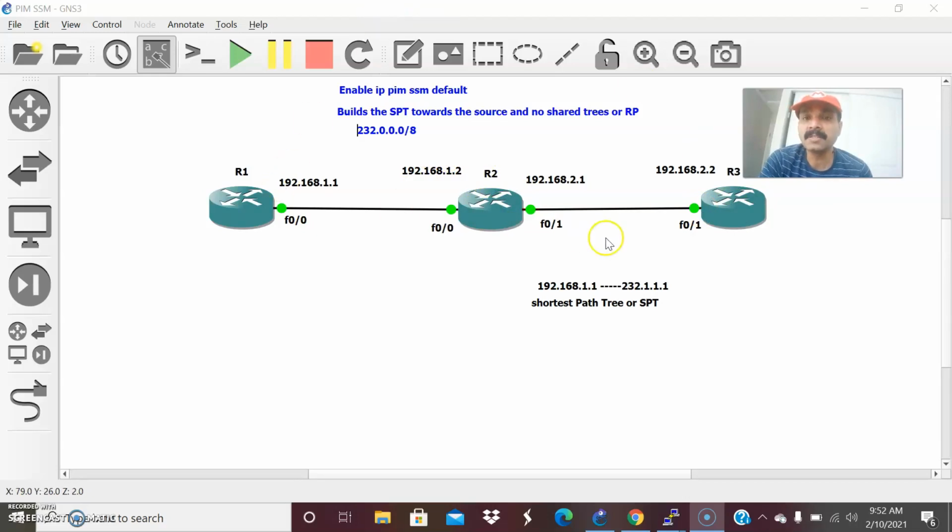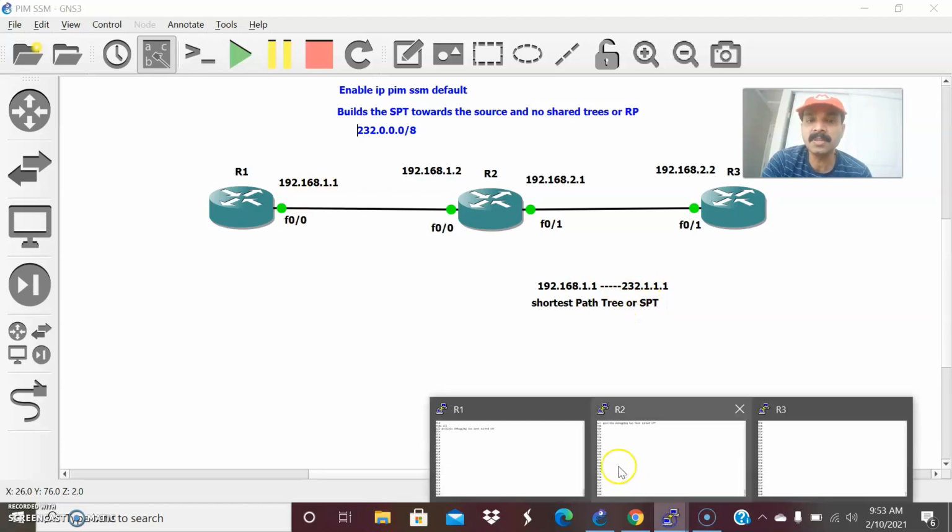I already configured all the corresponding interfaces on R1, R2 and R3. Now let us enable PIM sparse mode. In sparse mode we normally use an RP. RP is a rendezvous point, which is a meeting point for forwarding or receiving the multicast traffic. But in this specific scenario, I'm not going to use any RP. Instead it uses a shortest path tree, an SPT towards the source, where S is the source IP address and G is the multicast group address, and the packet is sent from the source to the corresponding multicast address, right? That is the reason we call this an SPT or shortest path tree.